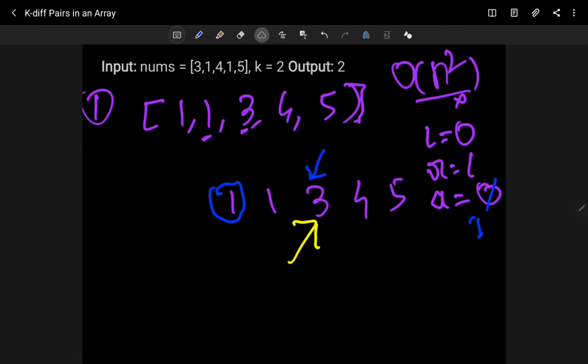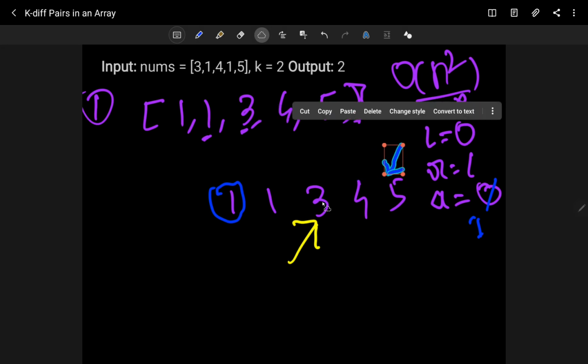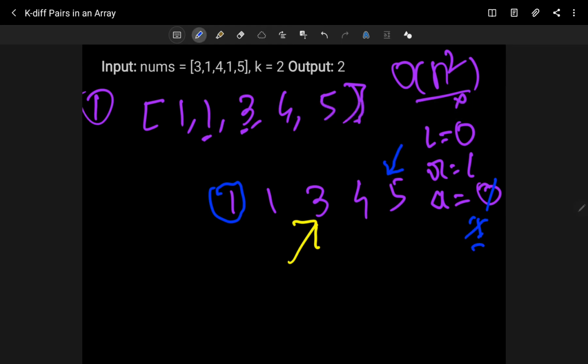So now what next? Now again we will check: whenever my left and right counter are pointing to the same position, then we can increment our right. So now right will point here, then I will check the difference. Again I can see the difference is less than 1, right? So wherever it is less than k, less than 2, that means we need to increment our right. So we will again increment our right, and again I can see my difference is 2, that means I found another pair. So my total number of pairs found is 2.